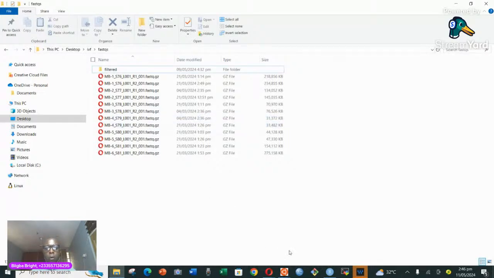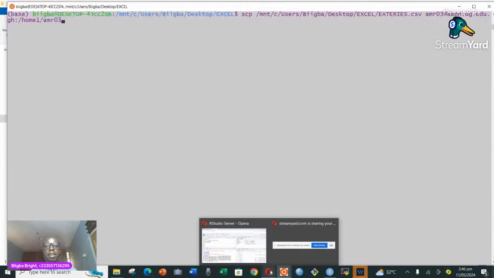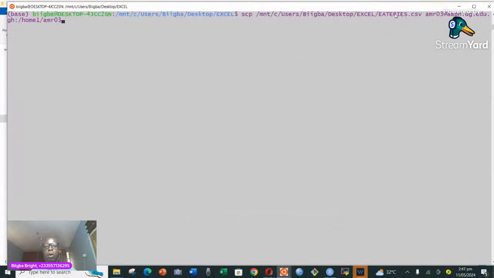Now, I'll open the first terminal. This is my own terminal. Let me clear it, and so I will copy whatever is here. You see that I have copied this particular file onto the remote server. After you have copied it onto the remote server, if it is a data file, let's say ordinary numerical data, numerals and whatsoever, and it's a CSV file or a text file, you can easily go now that it is found on the server,